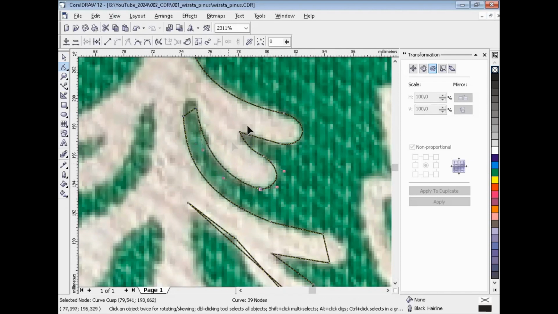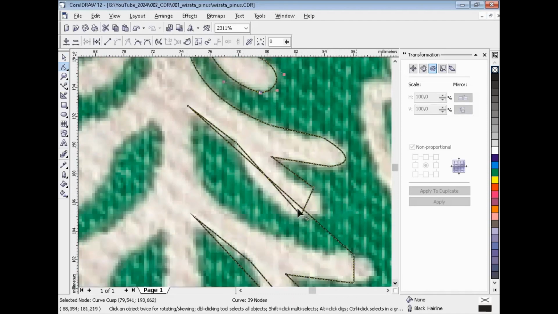Okay, choose. Okay, back to curve. Okay, if this step is not very important, you can obey the step or you can create as you wish. Yeah, that's okay.